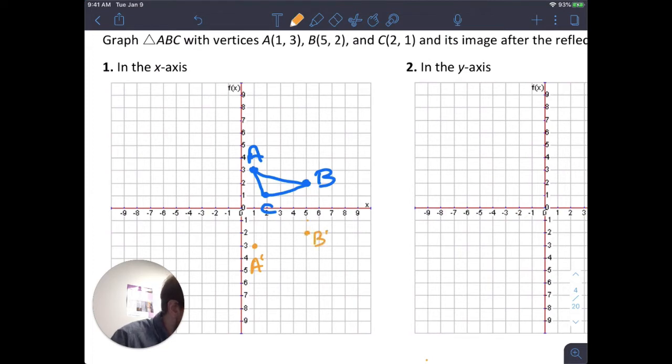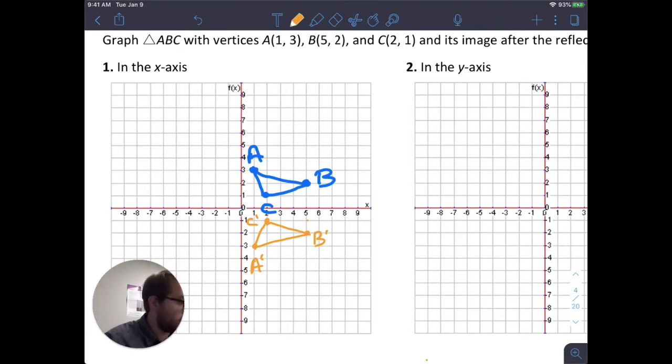And C is just 1, and so on the other side of the x-axis, there's C prime. Because with reflections, the points in the pre-image are the same distance from the line of reflection as the points in the image, we can just count on those grid lines, do those bunny hops that we've talked about. And so this is the reflected image